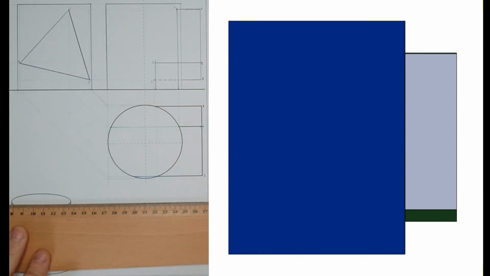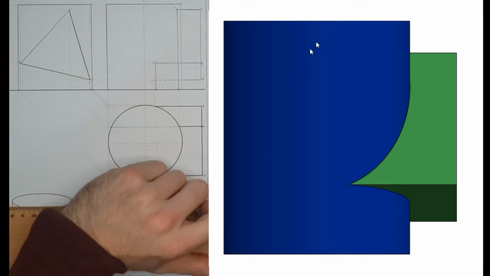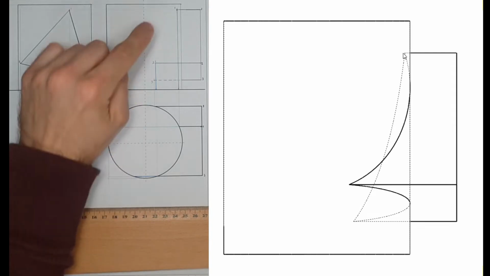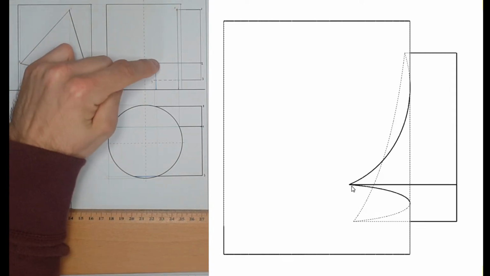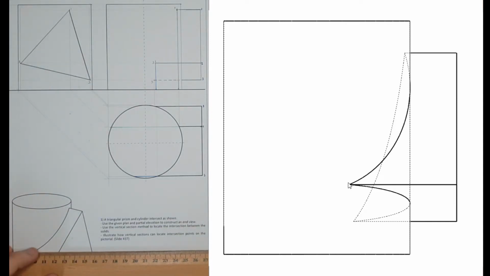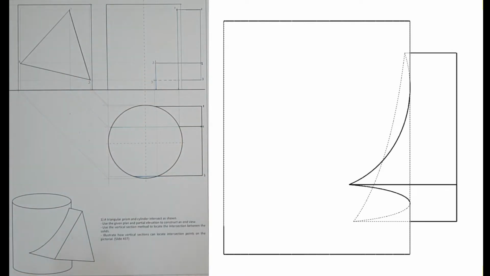If I turn off my section view now for a minute and we look at what the elevation looks like, and I turn on my hidden detail just to make sure we've got this, we have our point 1 here up top, point 2, and point 3 down below. Now I wouldn't worry about the fact that 2 appears to have gone a little bit further forward than 3 here, unlike my page. That's no problem. As I said, these models are not an exact representation of the question, just something near. Okay,